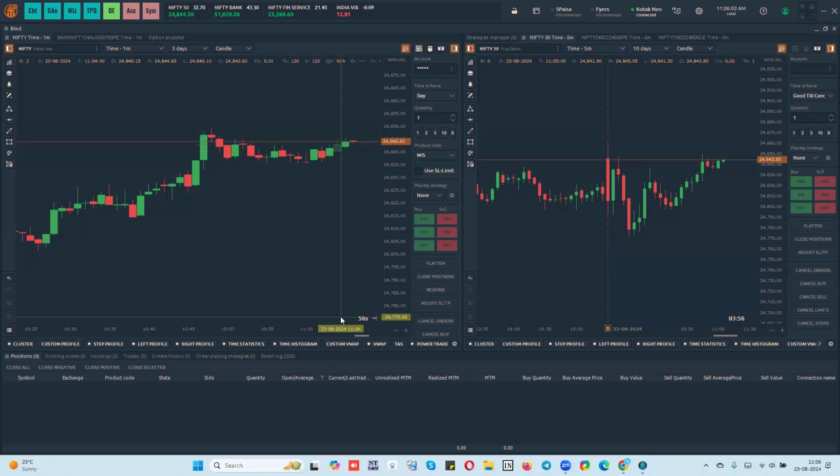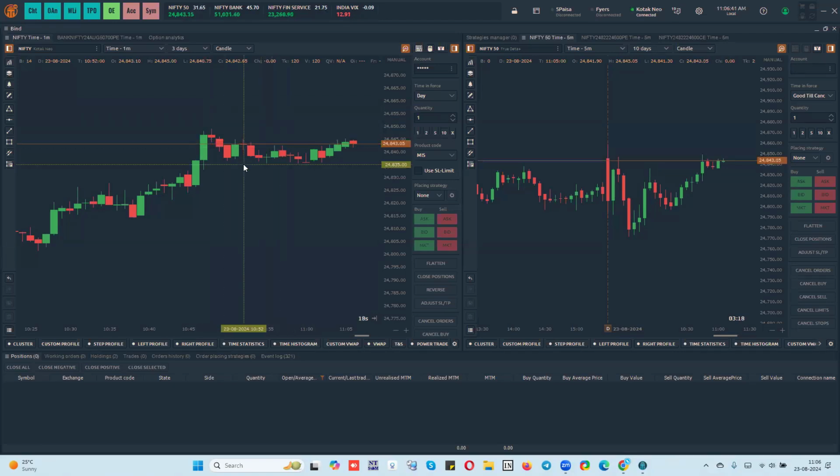To add these algos, there are two types available: visual algos and non-visual algos. Visual algos are something which you can execute from the chart itself, like candle breakout and those based on patterns. Non-visual algos are based on certain time range calculations and on the watch list as well. So let's start with the basic one, which is the candle breakout. I will explain the settings first, and then we will do a couple of examples for each and every algo